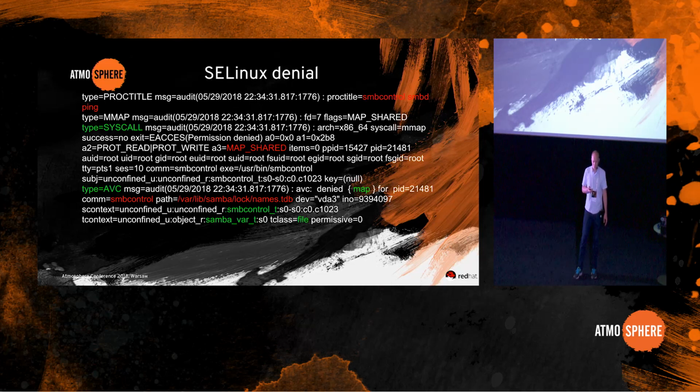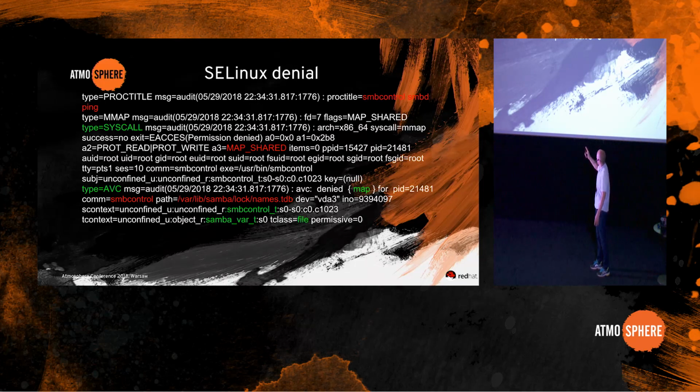So if you focus on the green parts, you will see that there is something called type syscall and type AVC. And also here are these samba_control_t, samba_var_t.